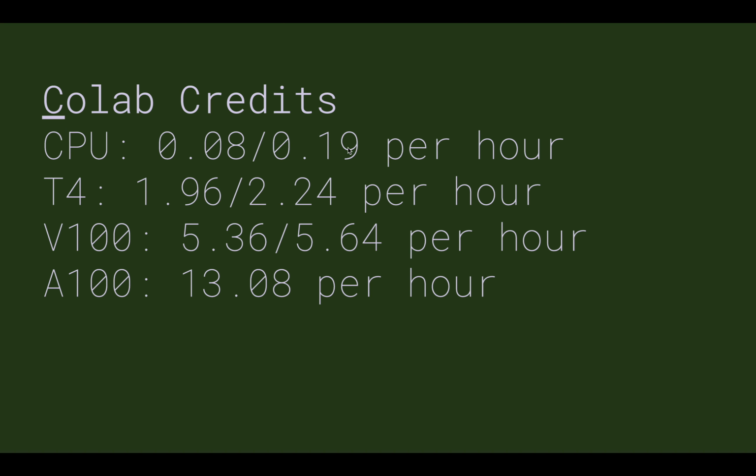But you'll see here, for the CPU, to go through 100 credits per hour, you would need to use the CPU quite a lot. And for this week, we're only going to use the CPU, so there'll be little to no cost. T4s, which are the slowest and oldest GPUs, you don't go through many credits per hour. You would need to spend 50 hours to meet your 100 credit limit, which I don't think we're going to do unless we've got a lot of material to go through. A100s, you can burn through 100 credits very quickly, 9 or 10 hours. As I go through the tutorials, I'll tell you what GPU you might want to use, but in most cases, you're going to be fine getting away with CPU and T4s.